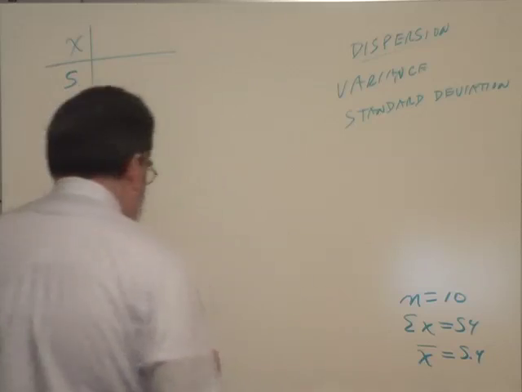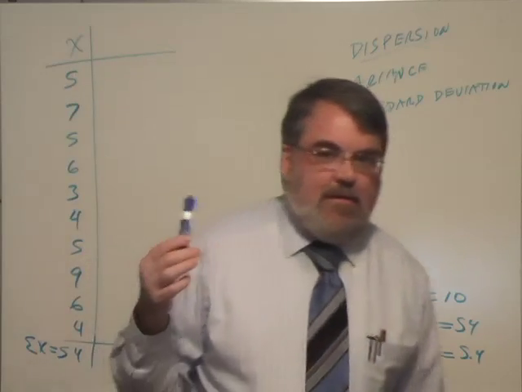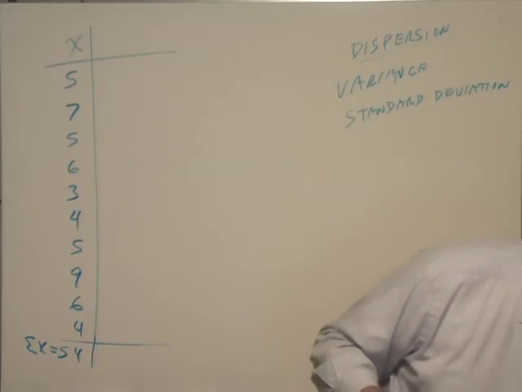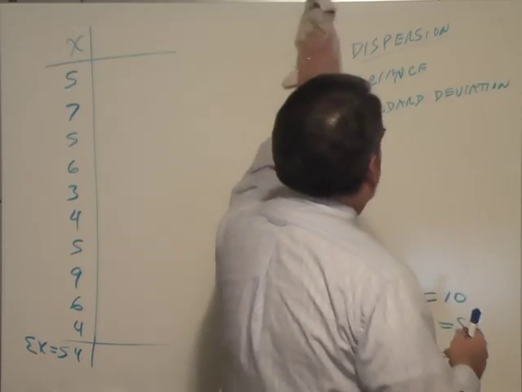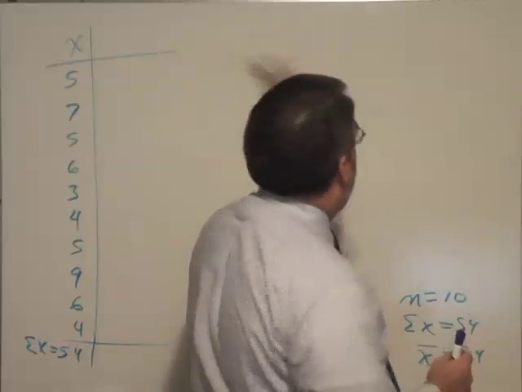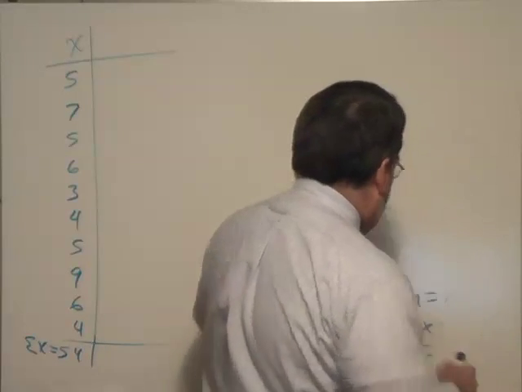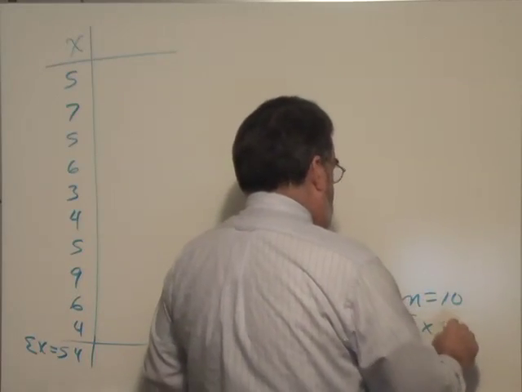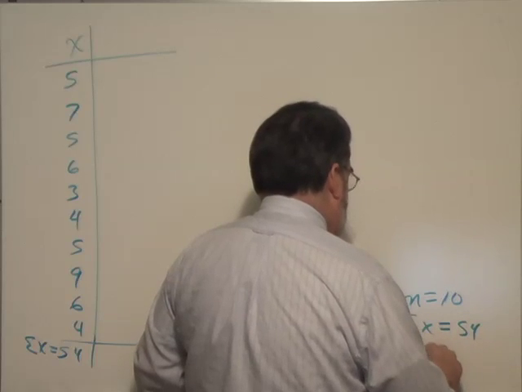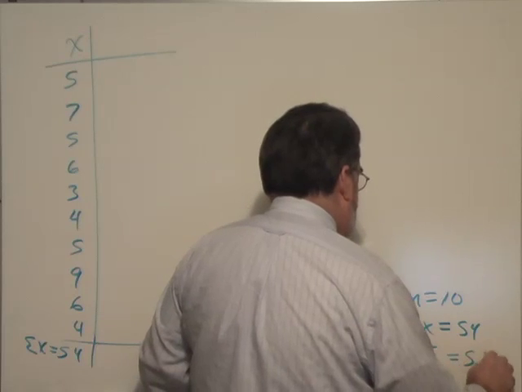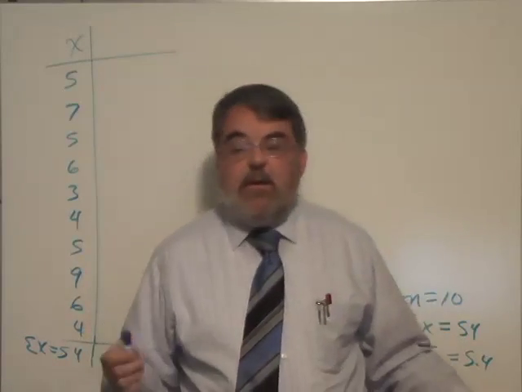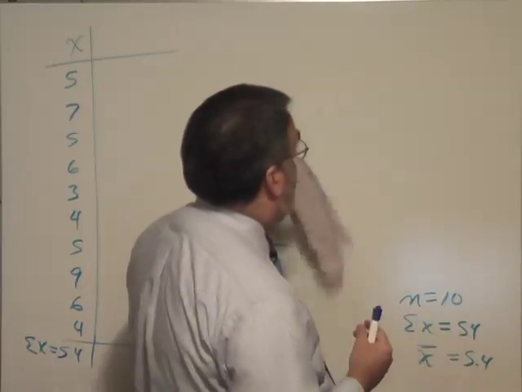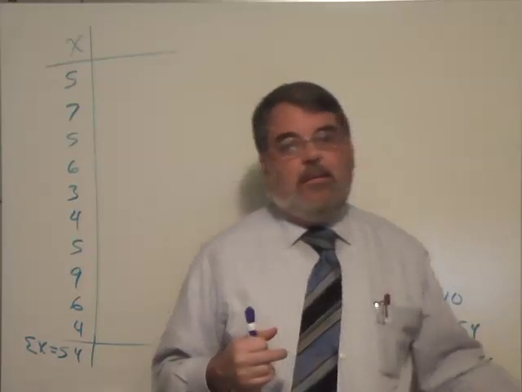Alright, so I want to show you how this is done. There's two ways to calculate standard deviation that I know of, and your textbook has the harder way. Oops, I didn't mean to erase these numbers. That was 54 and x bar was 5.4. Okay. The textbook has the harder way, and that's the one I want to show you first because the longer,